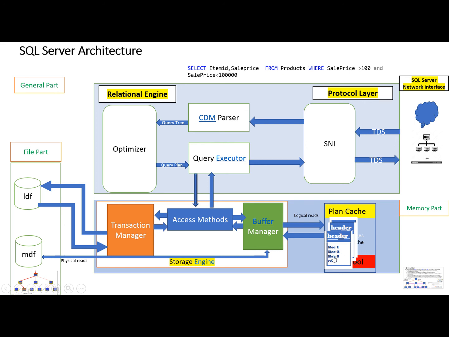It will sequentially read the next record until the last matching record for the predicates, 100 to 100,000, is found. When the last record is matched and returned to the query processor, the storage engine gives the signal that the scanning is finished, and the process ends. Each page header has the ID for the next logical page. So this is the ordered scan, also known as the logical ordered scan, and it works in this way.